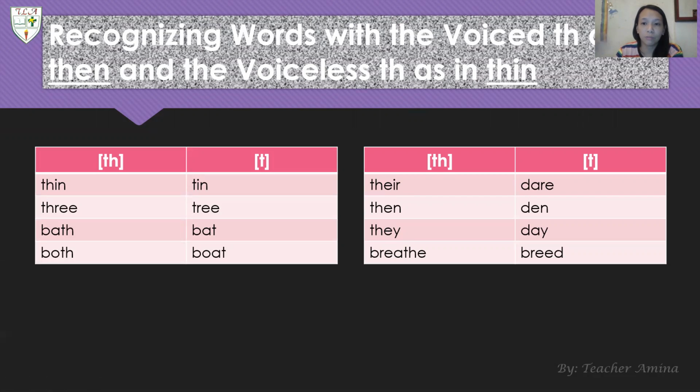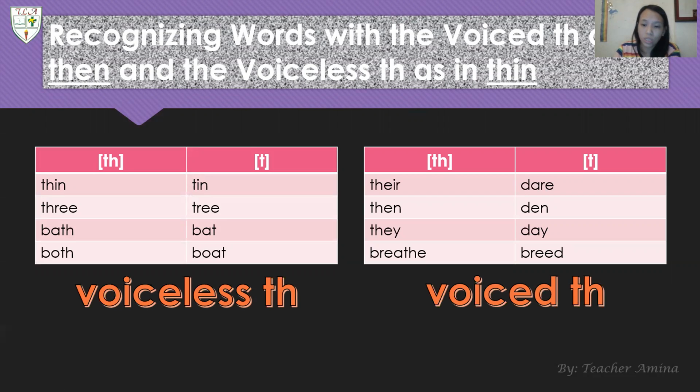Without the sound H, it will sound as dare, den, day, breed. So which table sounds like the voiced TH as in then, and which table sounds like the voiceless TH as in thin? So this one sounds the voiceless TH, and this one sounds the voiced TH.